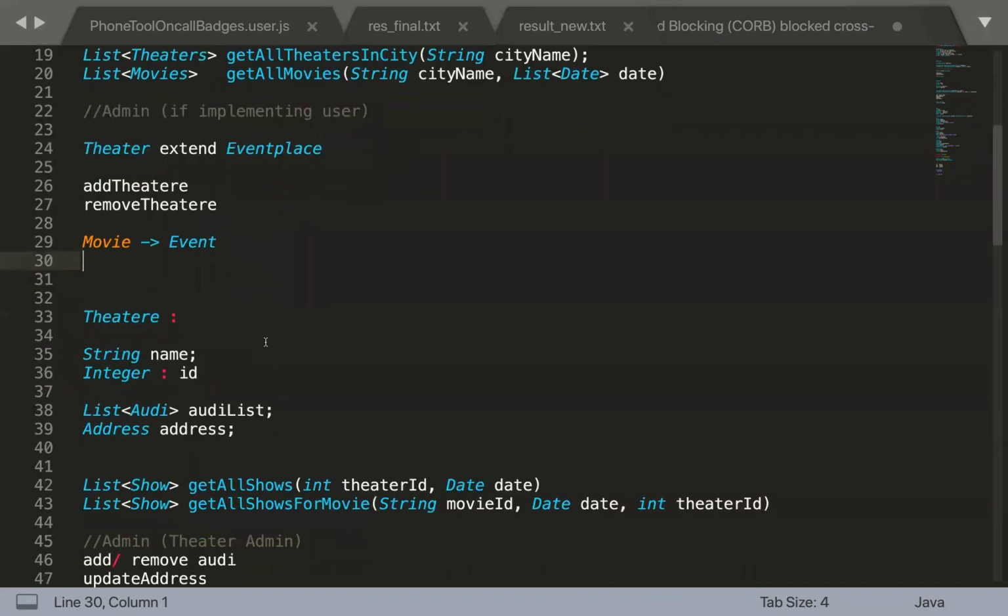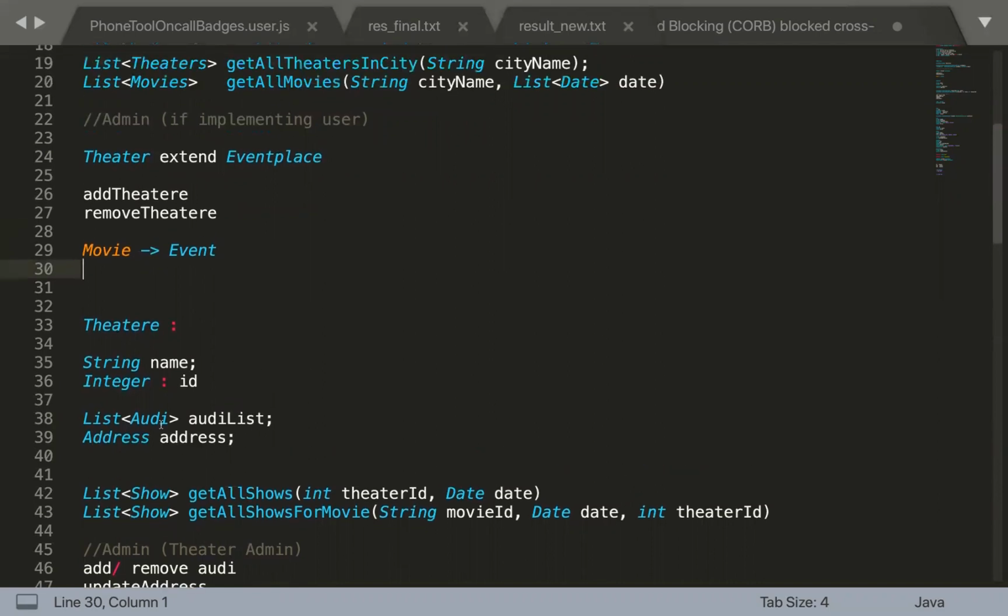Same way, wherever you are highly coupling it, like list of auditoriums, probably this can also be a part of the event. Event can have multiple sections. So rather than calling it an audi, we can call it sections or groups or something like that, right?